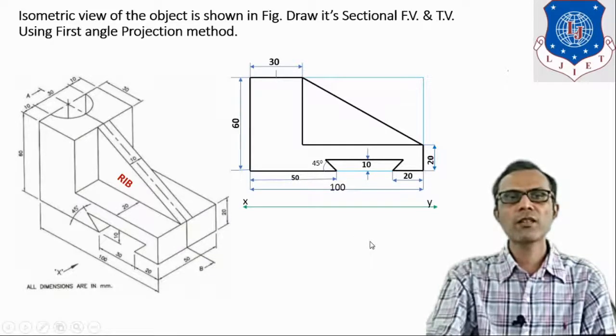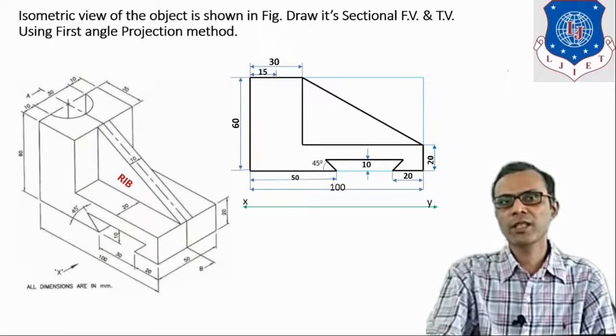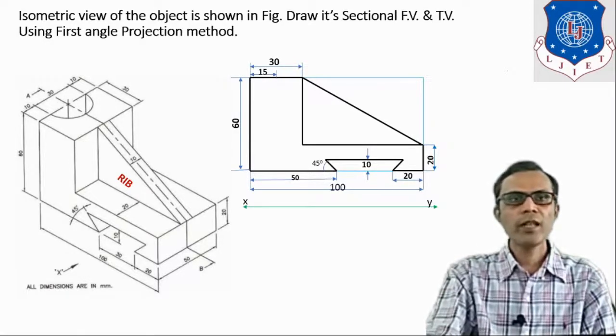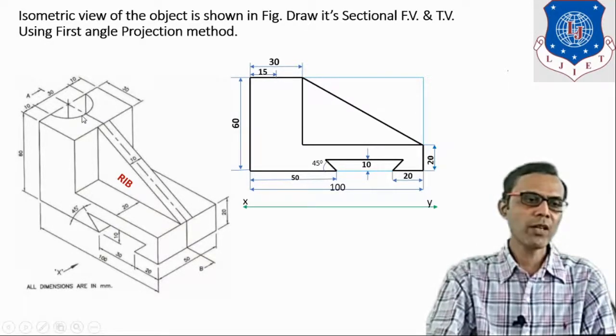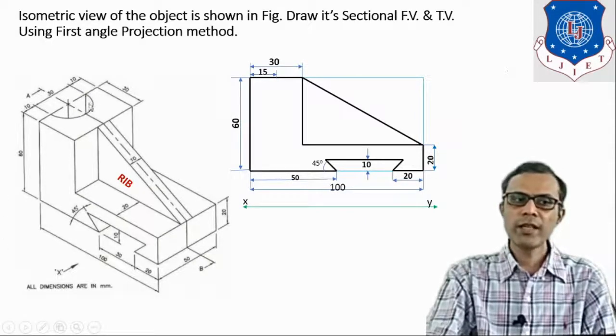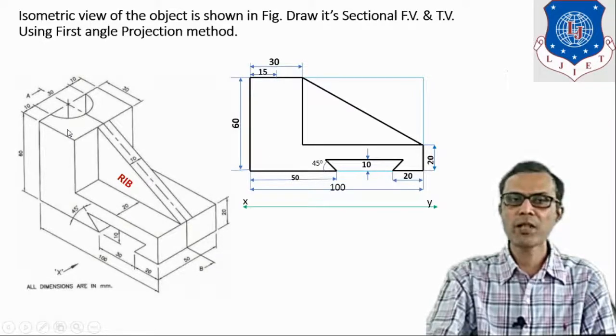These all are visible details which are clearly seen from the front view direction. Now let us see if there is any invisible detail. When we look at this object from the front view direction, there is a hidden detail. It is a cut part. The shape is semicircular, but from the front view direction it is not visible. So it is a hidden detail, and it is represented by dotted lines in the drawing.